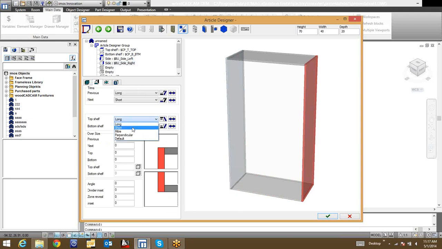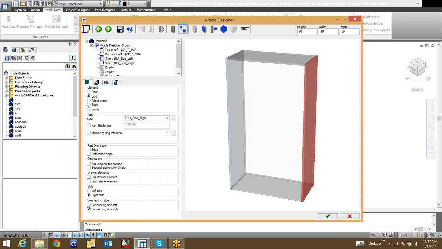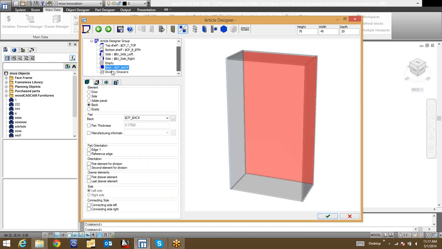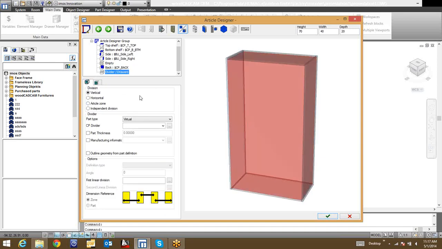You'll see that you can think in terms of how the overlay is, which he's doing right now. It enables you to address all the construction strategies involved with putting this assembly together. Here he's putting a back on, and now I guess he's going to go ahead and put some divider shelves